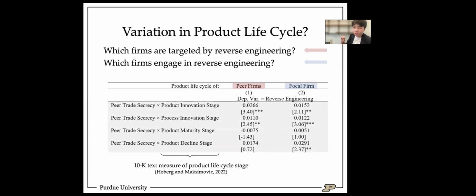And lastly, if we want to look at some of the interesting variations that are generated by the product life cycle, and by the product life cycle, we're talking about companies that are both targeted by reverse engineering, which in this case is peer firms, and the companies that are engaging in reverse engineering, the focal firm, the copycat firms that we're studying. So we see here in this regression, pretty much what we're going to be doing is measuring the different product life cycle stages using the 10-K based measure by Hoberg and Maksimovic. And we do show that a lot of the companies that are being targeted by reverse engineering are those that